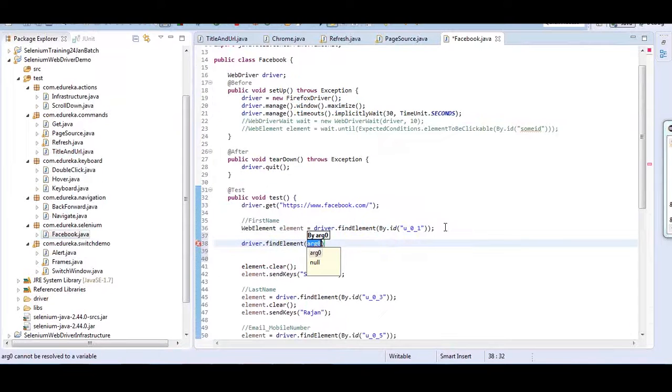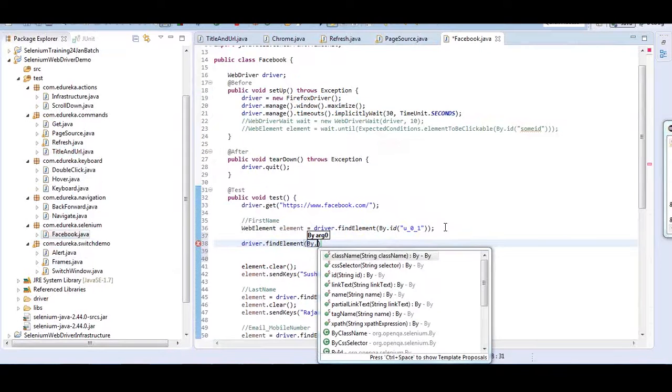So find element, and then there is a class called By dot. With which property do you want to find? You can find with ID, link text, name, partial link text, tag name, XPath, class name, CSS, and one second. So these are the list of properties that you can use. Other than this, if you have anything else, you need to write an XPath, like a relative XPath. You can give class name, CSS, ID, link text, name. You can give partial link text, like for lost your password,